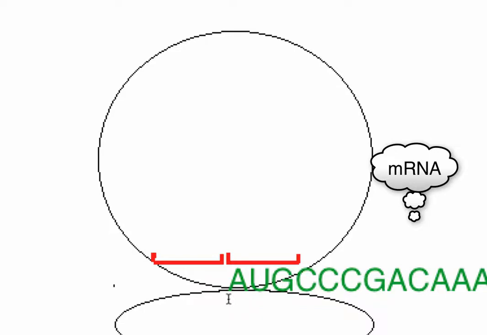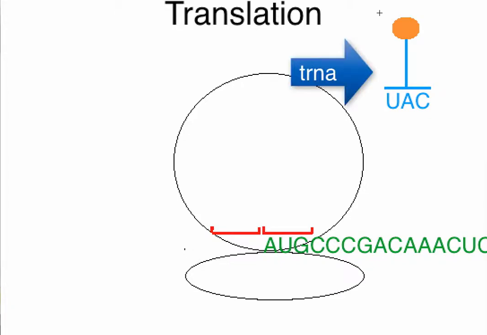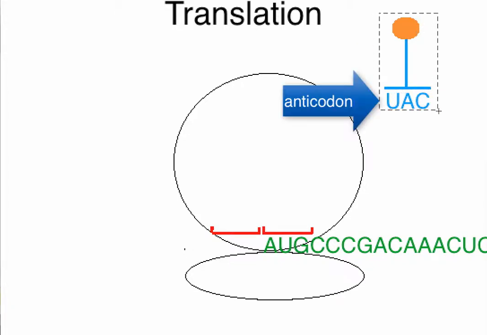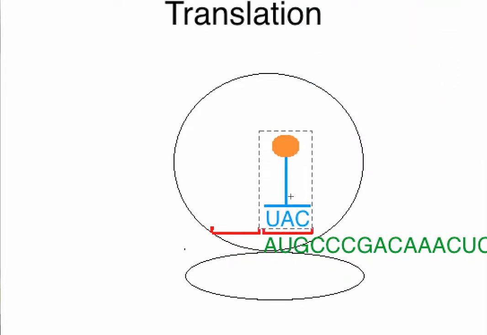Here comes messenger RNA in green, and you can see the AUG start codon lines up right on the first. Here comes a tRNA that has an anticodon that corresponds to an amino acid. That tRNA is going to bond complementarily to the messenger RNA in that first spot on the ribosome. Now, both of those will slide together. Unfortunately, my technology, I have to do them one at a time, but imagine that they're stuck together for that